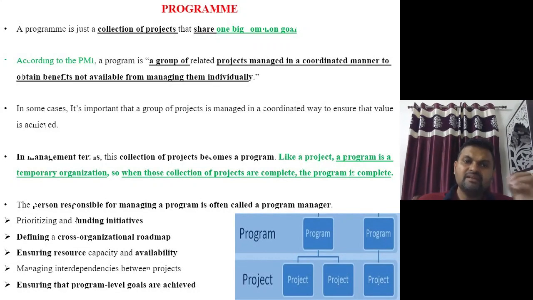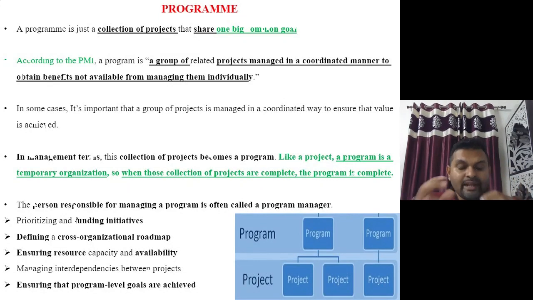What exactly does that mean? We will understand it in a very simple way, but let's first see what PMI says about it. They say a program is a group of projects managed in a coordinated manner to obtain a benefit not available from managing them individually. For example, if a developer has around three projects in a particular city, not very close in proximity but within a range of 8 to 12 kilometers,